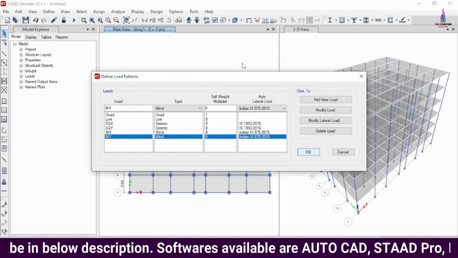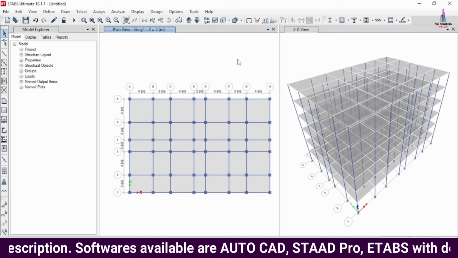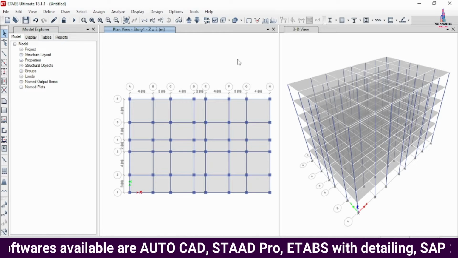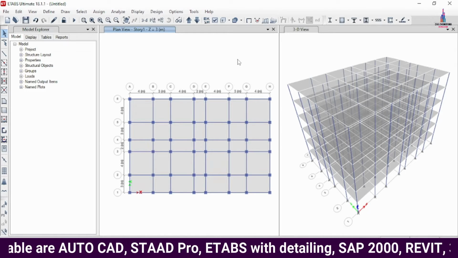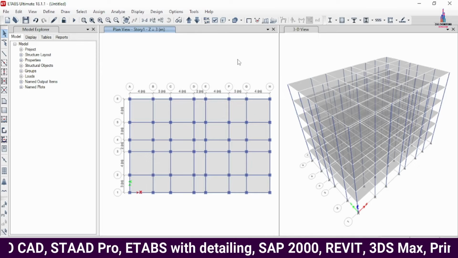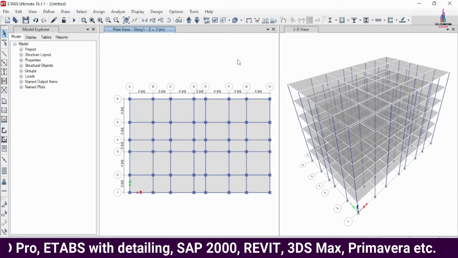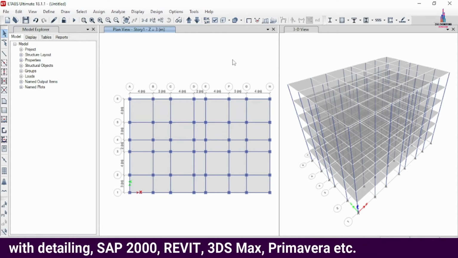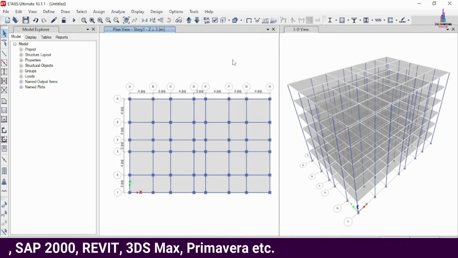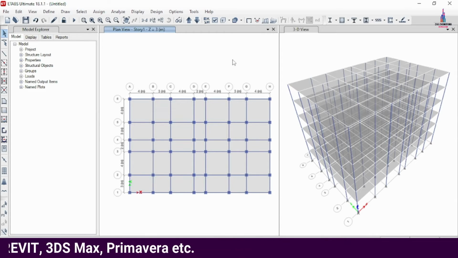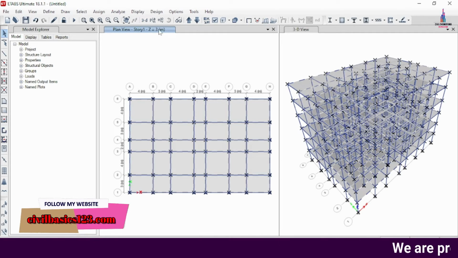So after finishing all the property sections, we have to assign the load cases for the building structural model, from the dead load to the wind loading condition. Firstly we will apply the dead loading condition. Under the dead loading condition it will consist of the self-weight condition, wall loading condition as well as the floor load condition. Firstly we will apply the self-weight for all the beams, columns as well as the slab.